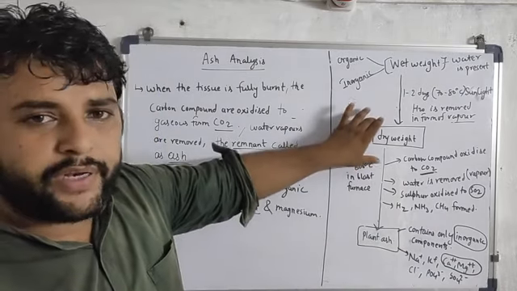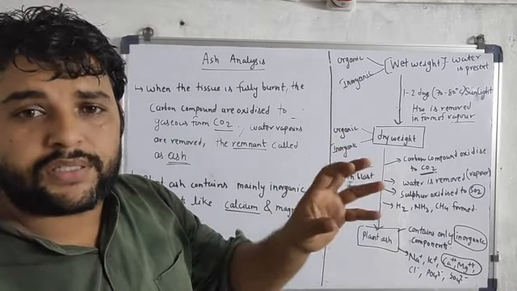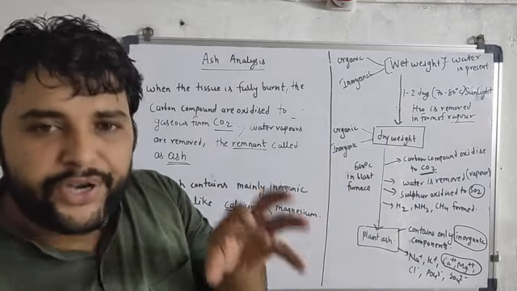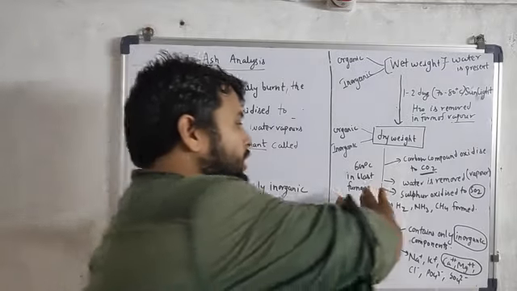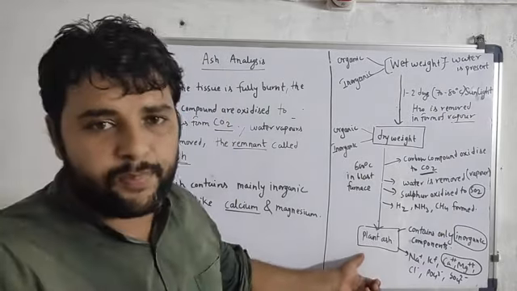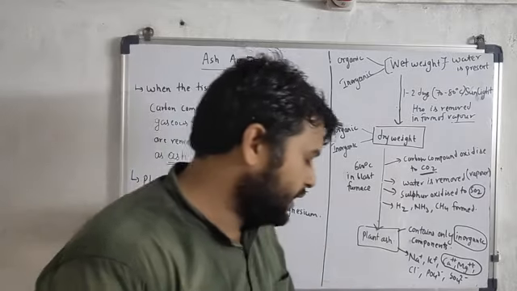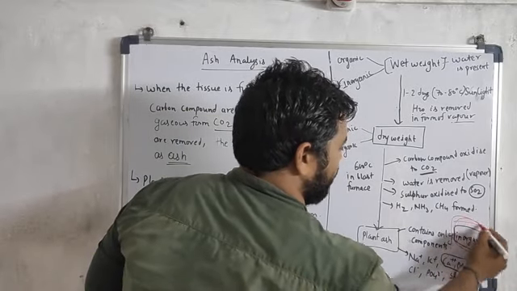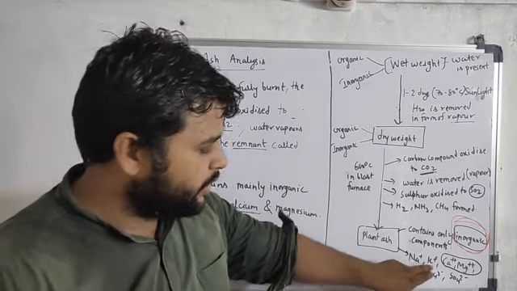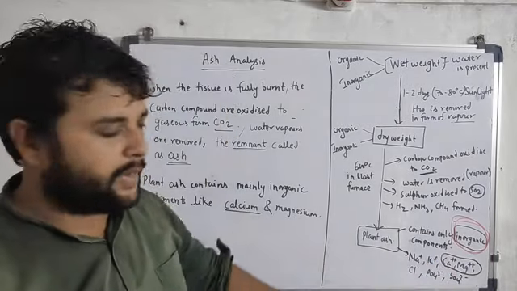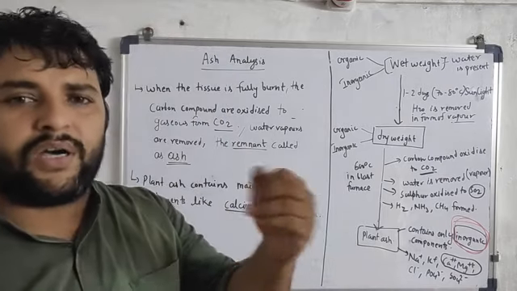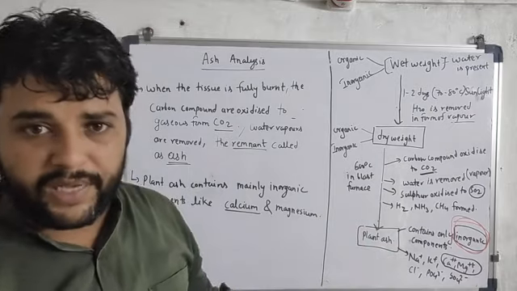But when this piece of leaf is completely burnt in the blast furnace and all these things happen, the part that remains at the last is called the ash, the plant ash, and this plant ash contains only inorganic elements or inorganic components. Examples are sodium ion, potassium ion, calcium ion, magnesium ion, chloride ion, phosphate ion, sulfate ion. And out of all these, the maximum amount found in plant ash is of